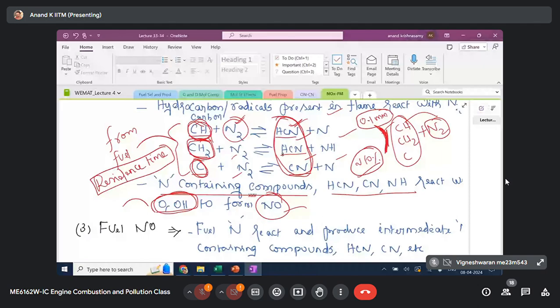And the contribution of this is only 10%, primarily due to the reason that you have a very thin flame in IC engines, both SI and CI engines. The flame will be very thin. The typical size is indicated here, 0.1 mm, 1/10 of a mm. Why is it so thin?